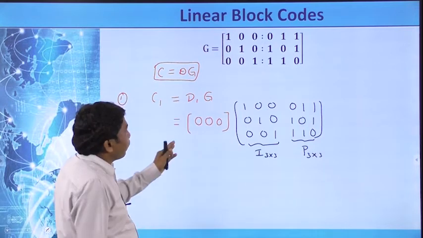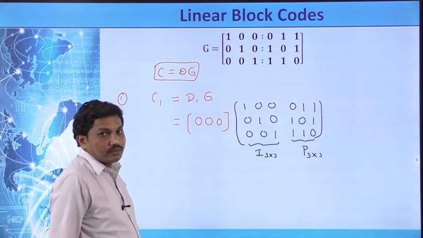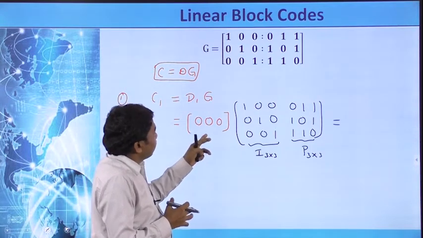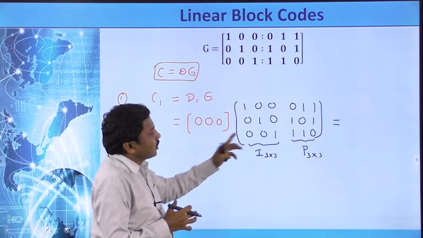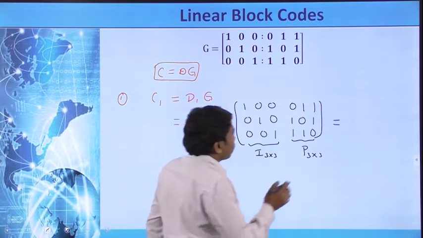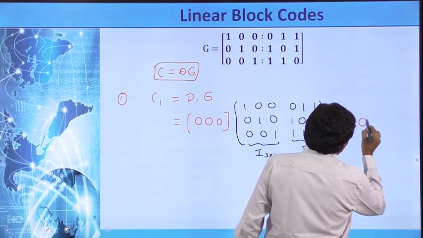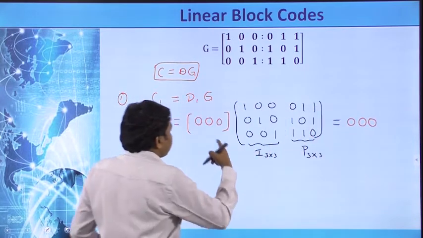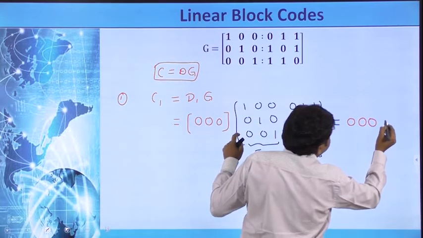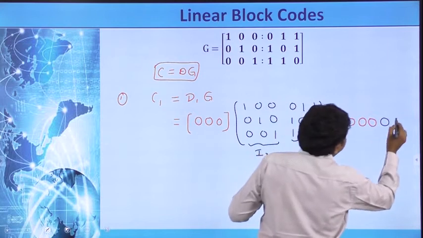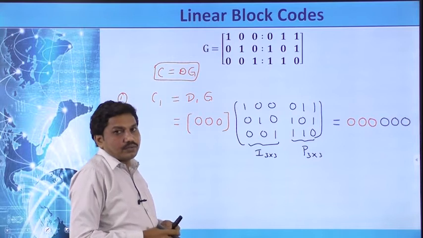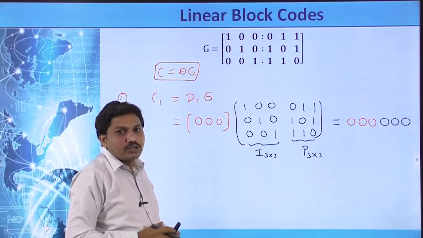Alright, so if you perform the multiplication between these two, in order to calculate the code word, multiply this message matrix or data matrix with the generator matrix. The first 3 bits are 0 0 0, multiplied with the identity matrix, obviously simply 0 0 0. What are the remaining bits? These zeros are multiplied with the 4th column, it is 0; 5th column is 0; 6th column also 0. So it is simply matrix multiplication with modulo 2 addition. Modulo 2 addition means 1 plus 1 equal to 0.